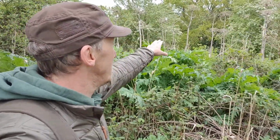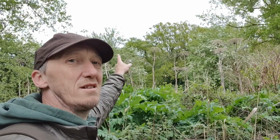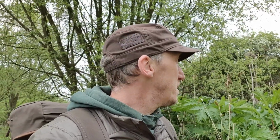Now, they're obviously aware that this stuff's been here before and it's been cut back, but it's growing up again. And you can see, I don't know if you can make this out at the back, these ones up here, these are last year's ones, probably from the year before. These can grow up to over 2 meters tall, and it's not nice stuff because this stuff is actually